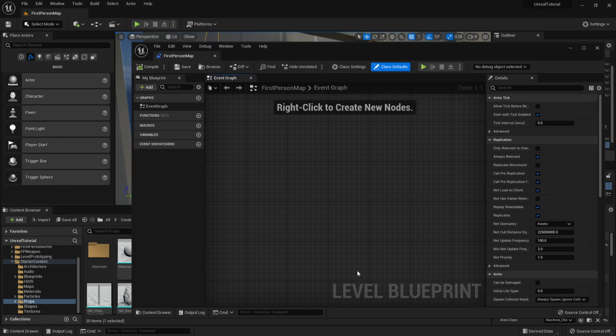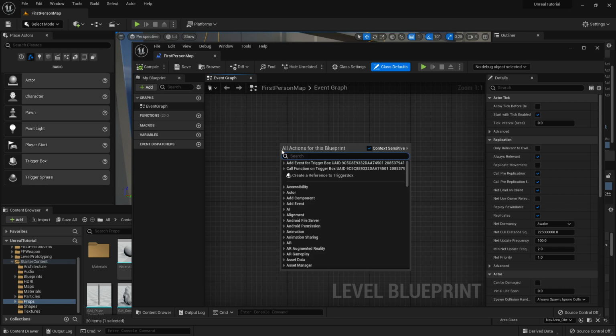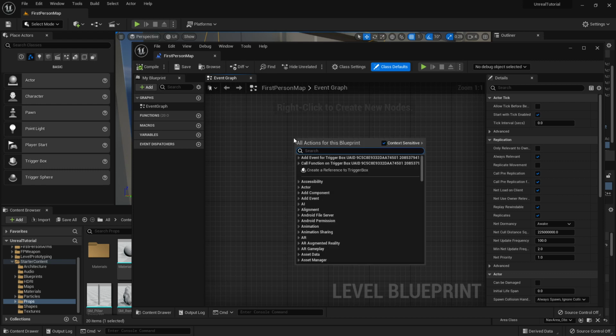So this is where we do all of our scripting, all of our blueprints. In 4.27, there used to be a couple commands here, which were event on tick and event begin play. Those have gone away, and I'll be teaching you about those things a little bit later. But the nice thing to know is I can just right click in here and I'll get a